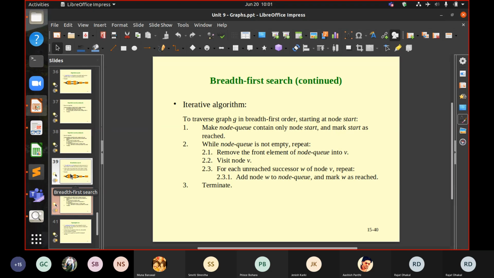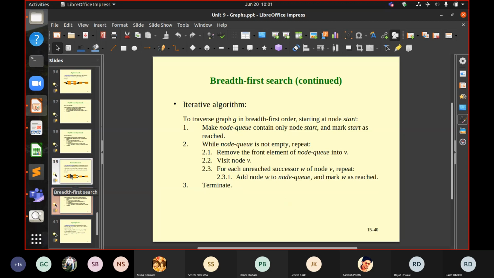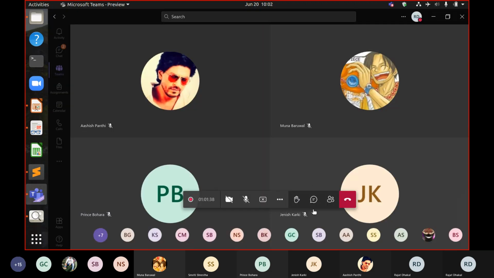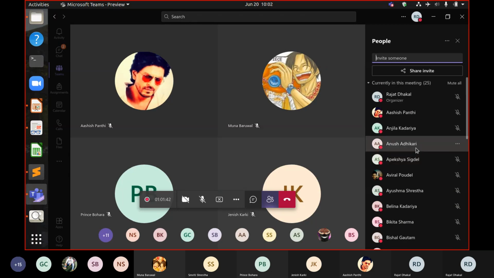So just one iterative algorithm for this, but not a recursive one, in this given PPT. The class number is 25. So BFS and DFS class.